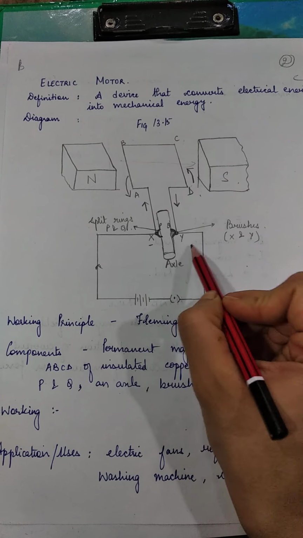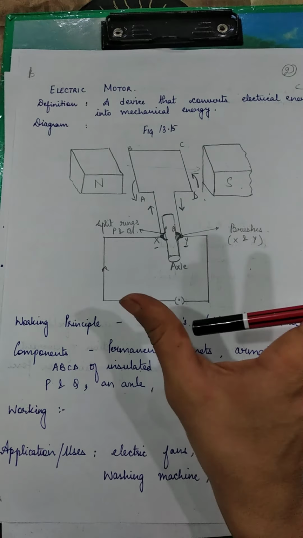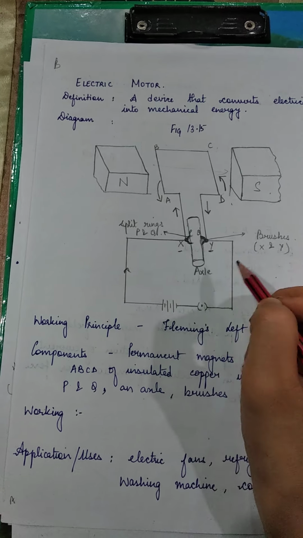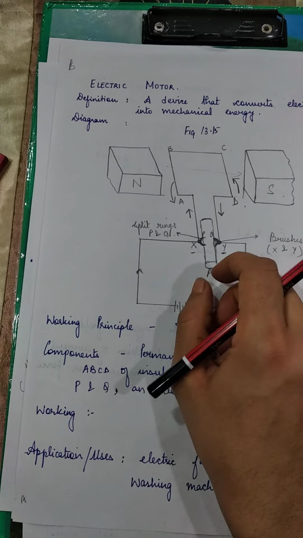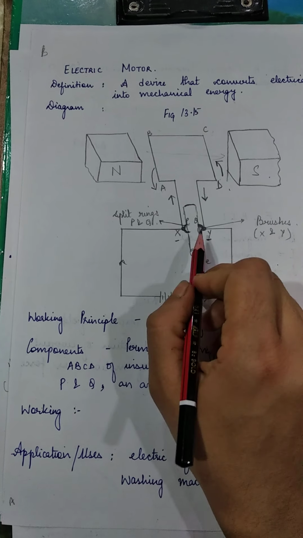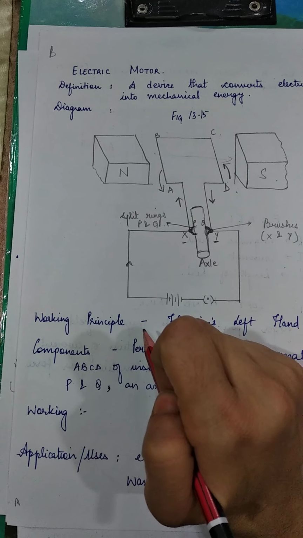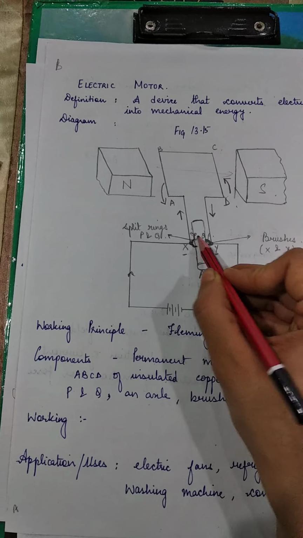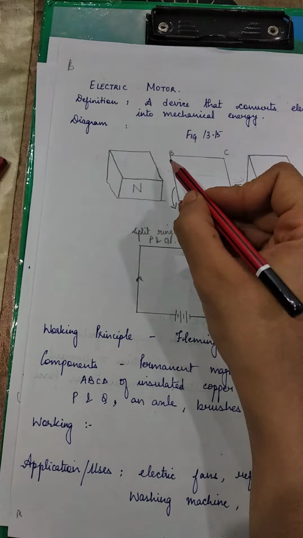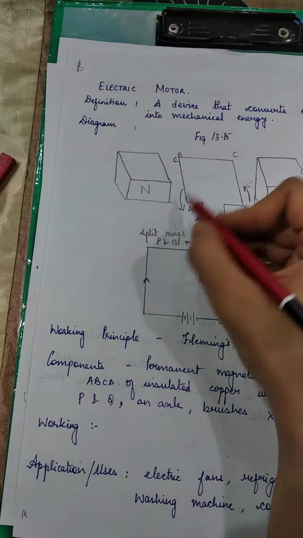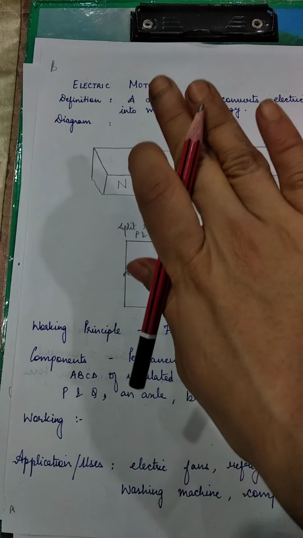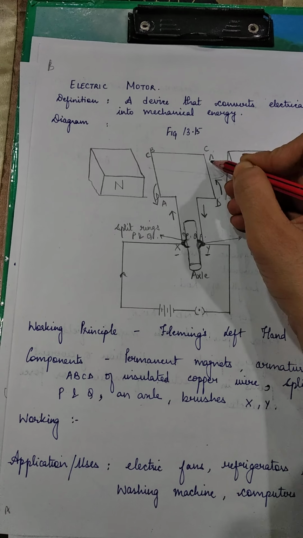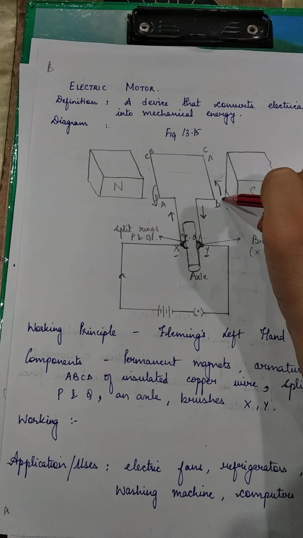Remember, these carbon brushes are at a fixed position. They are not moving. What is moving is these split rings, right? And this axle, they are rotating, right? So with the split ring, the axle is also rotating. So what will happen? My P will come here and my Q will come here, right? So as a result, after half a rotation, AB gets converted into CD, and this becomes AB,